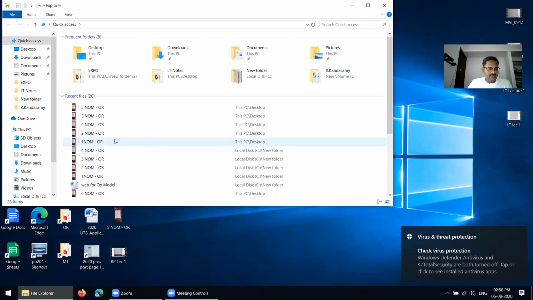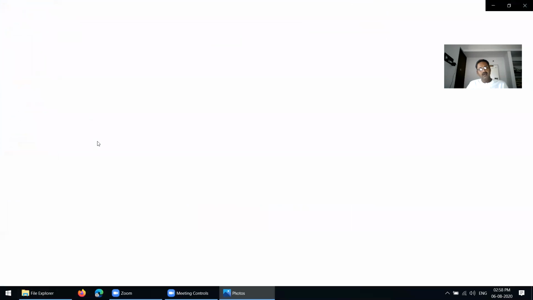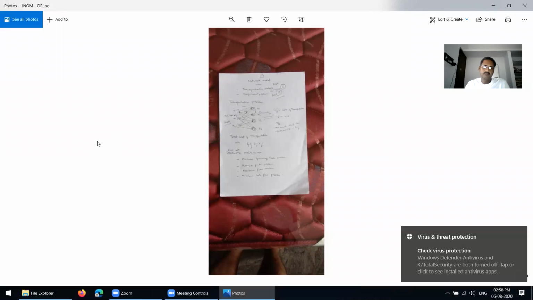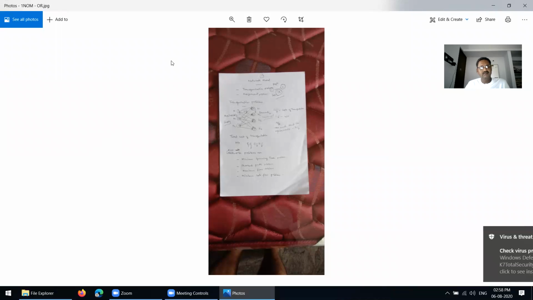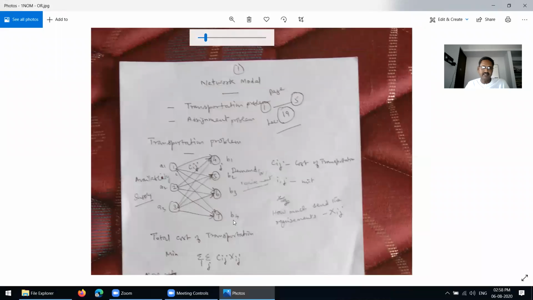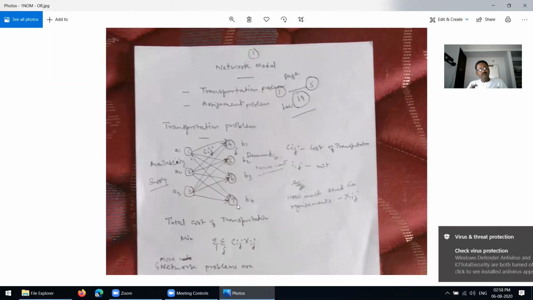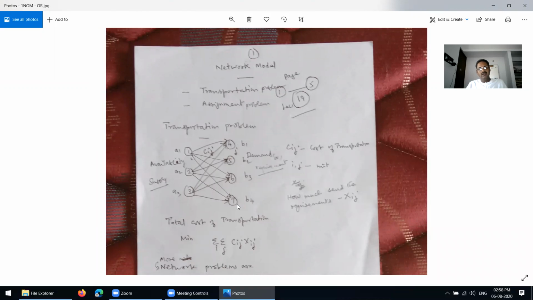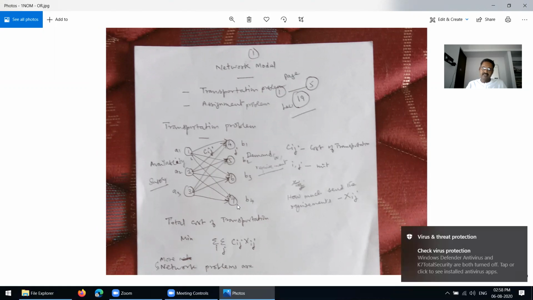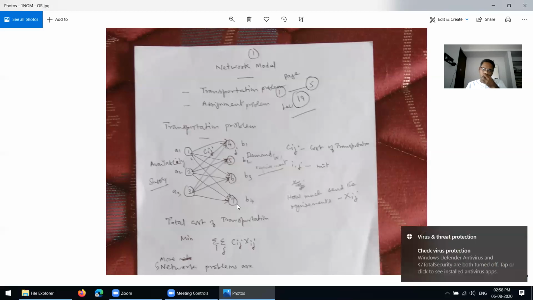First, I am going to teach the network model, or network model. So here, first I am going to explain what a network is. Networks play a very important role in all business, industries, and finance, in how to control finance and economics. In all fields, network problems play a dominant role.